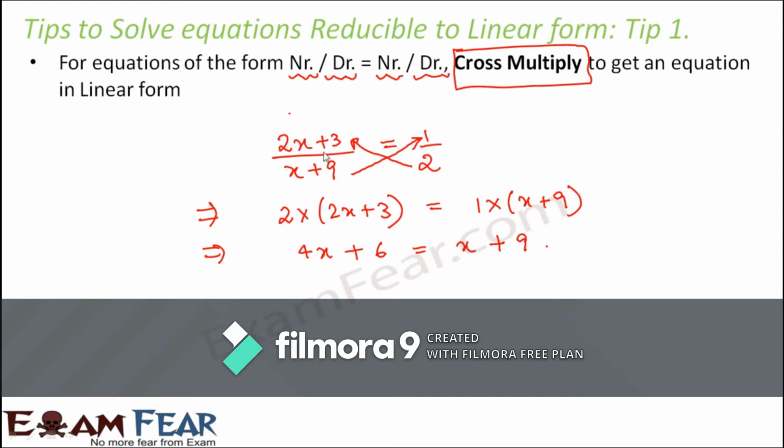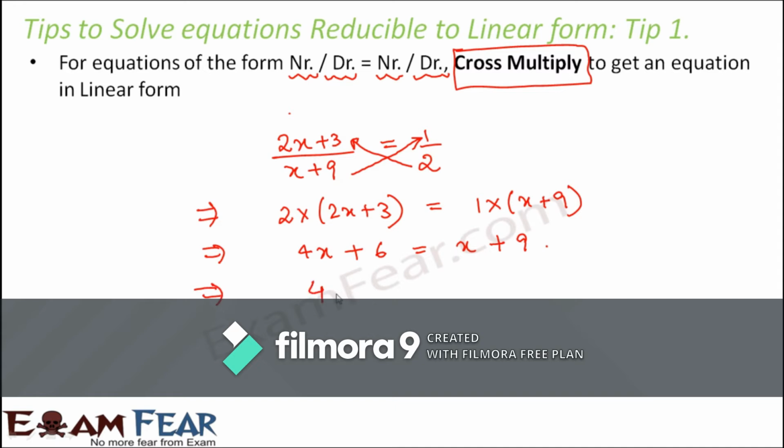Right? So basically, what are we doing when we are cross multiplying? Basically we are actually multiplying this denominator on both sides. It is the same thing, as if you multiply x plus 9 on both sides. Now why are we doing this cross multiplication? To keep things simple, because every time when you have to multiply something on both sides, first you will think what I have to multiply, then you will multiply that, so it will take more time. In this case, all you need to do is cross multiply with the denominator on the other side. So this is what you get.